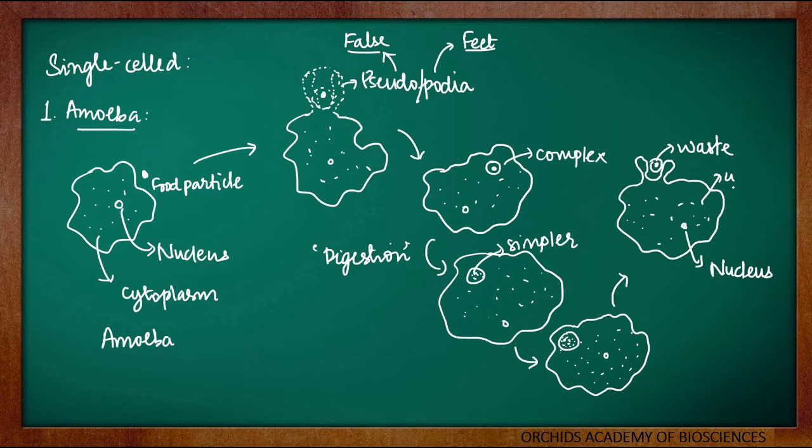There will be nucleus, cytoplasm. So this is how nutrition happens in amoeba. If you look into the nutrition of paramecium, it looks something like this. It's again a single cell organism, but it has a definite site through which the food